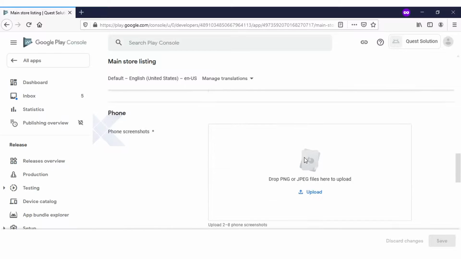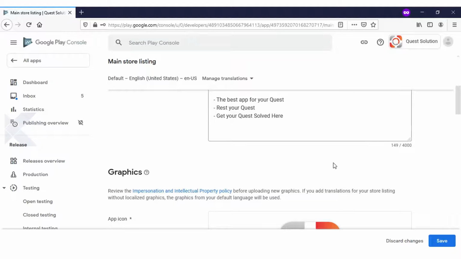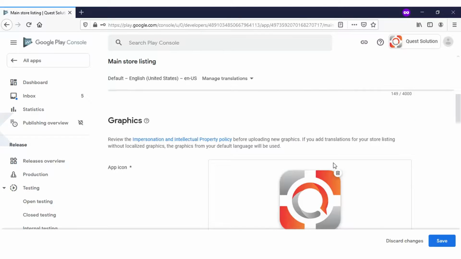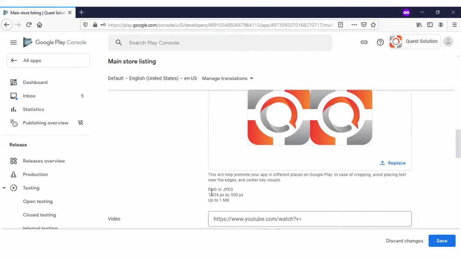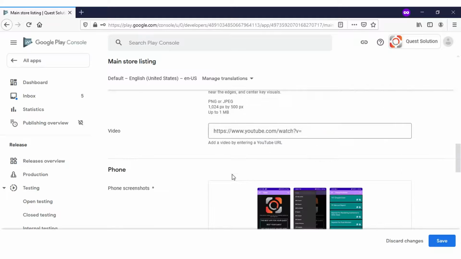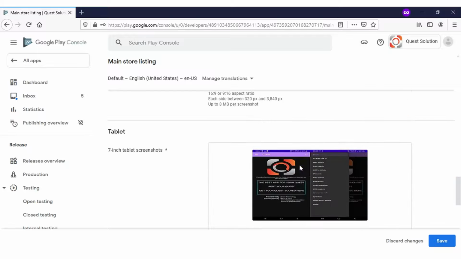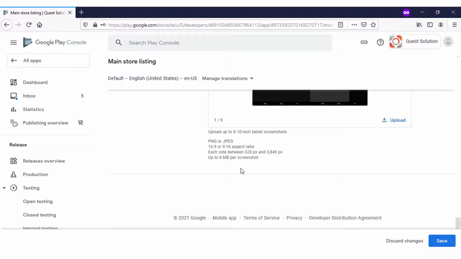Okay, so these are the things you need to complete first of all, and that will be the last step over here in Play Store console. So let me complete all these things one by one and come back to you. So once you have done with the main store listing details properly, like app icon, 512 by 512 size, and one feature graphic, and one or two screenshots you need to upload for your phone. Tablet screenshots are there, 7 inch, 10 inch separately.